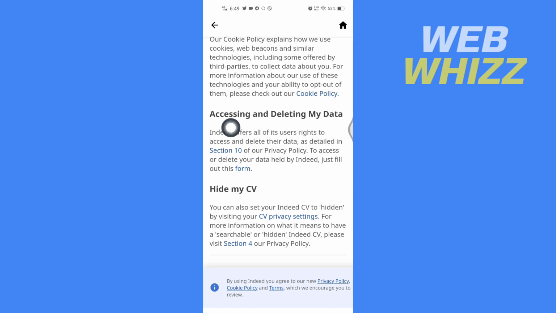and now here in accessing and deleting my data, here it says Indeed offers all of its users the right to access and delete their data as detailed in section 10 of our privacy policy. To access or delete your data held by Indeed, just fill out this form. So you have to tap on form,